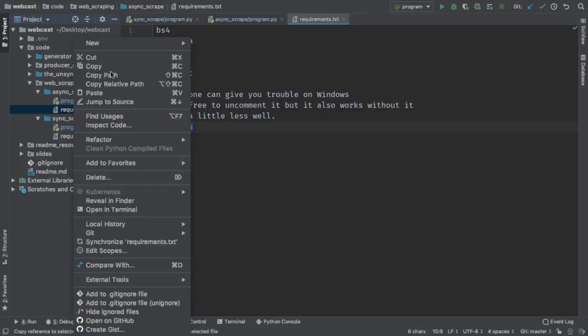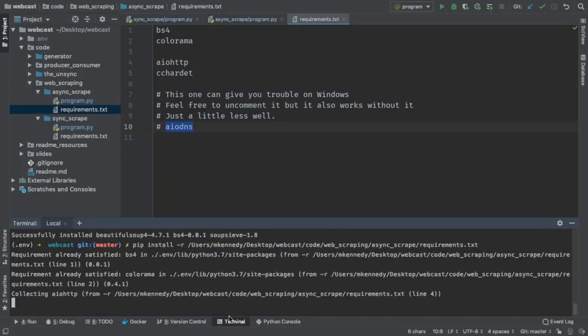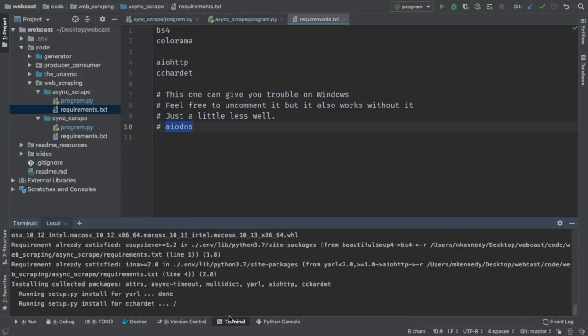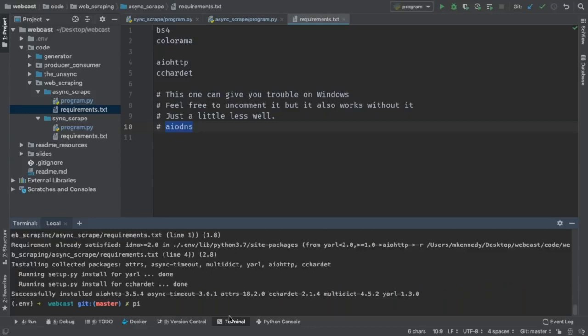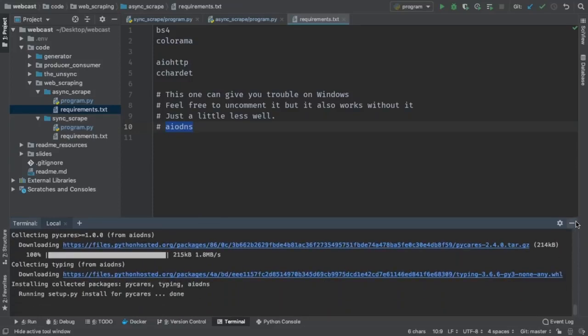Let's copy that path and pip install -r that thing. So we got to install those, and it's going to take just a moment. And I'm also going to pip install aiodns. I don't believe that works on Windows. It's not really necessary, but it makes things a tiny bit faster. So we'll go with that as well.